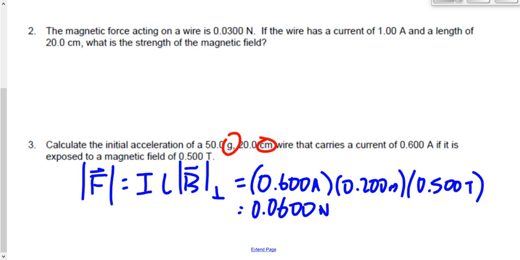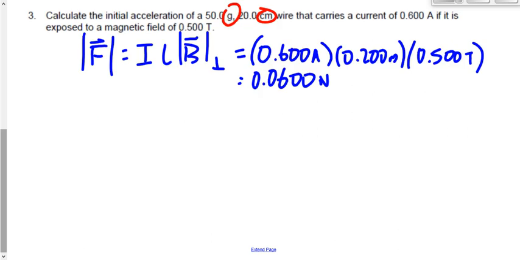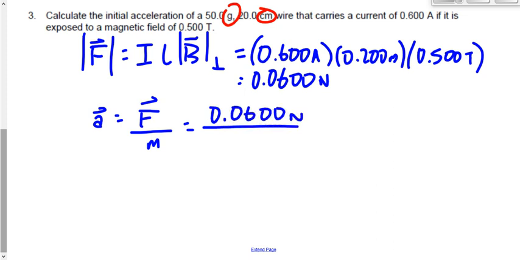Now we're not done, because that's just the force. How do you find the acceleration once the force is with you? A is equal to F over m. And the mass of this wire here is 50 grams or 0.050 kilograms. So remember that it's like,